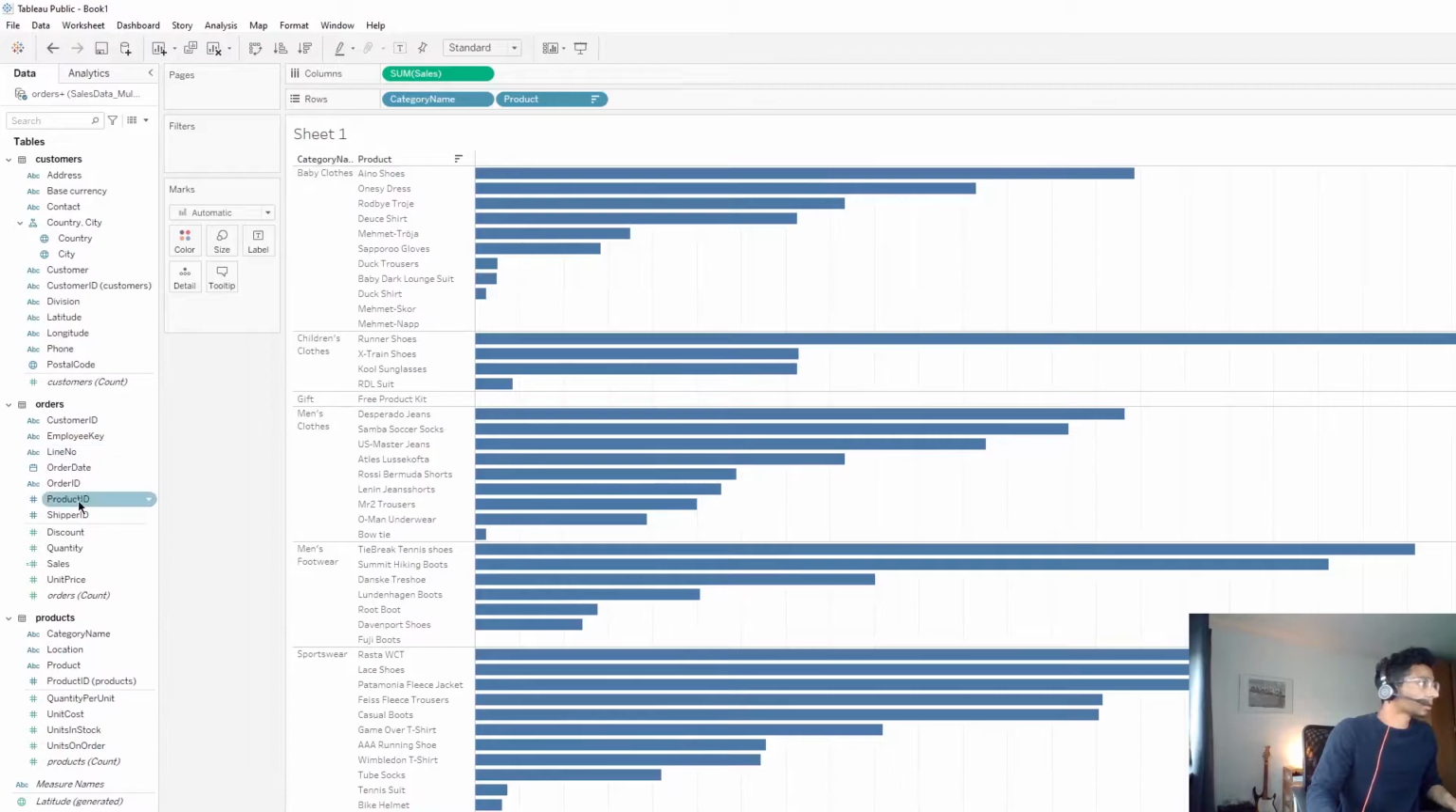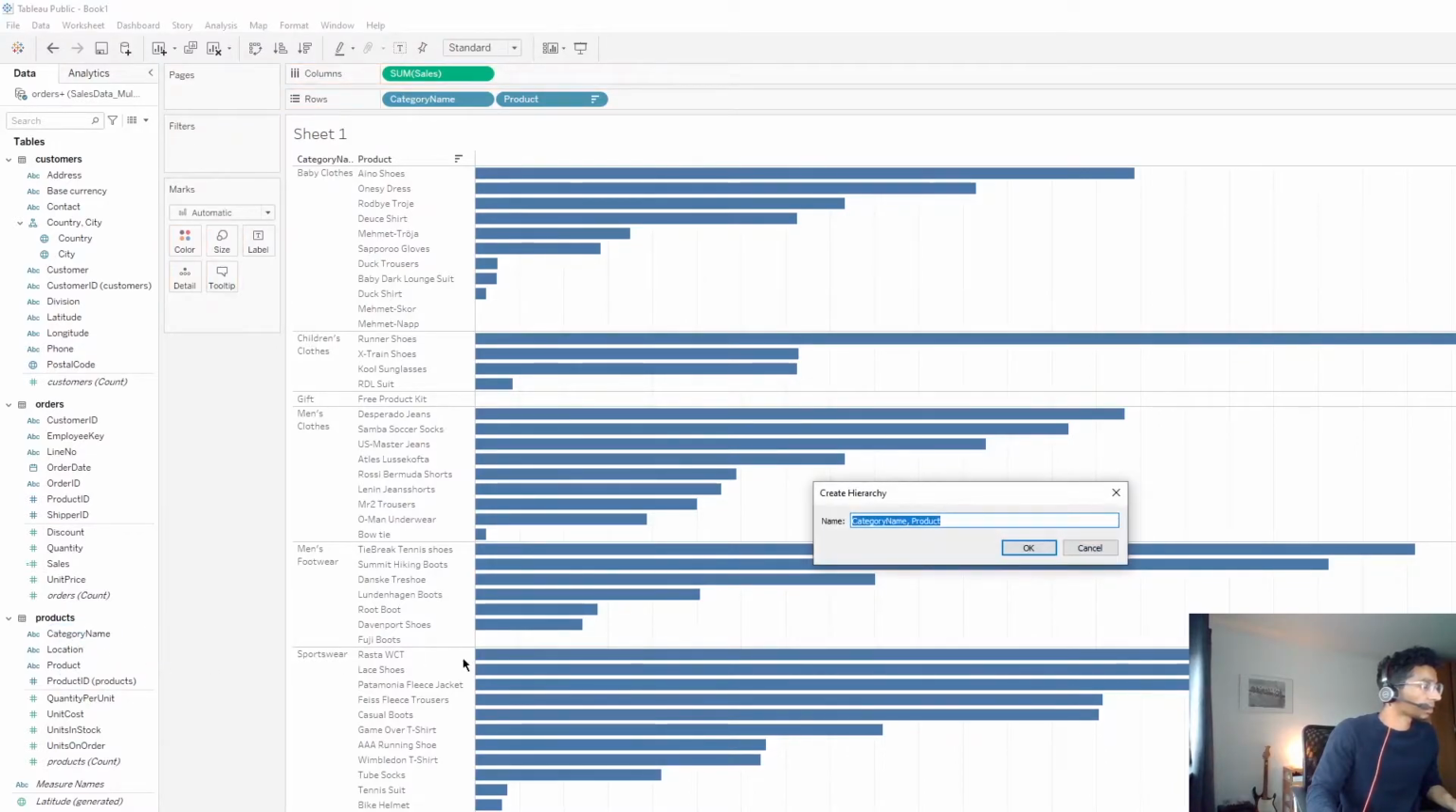But if you have other dimensions that you want to be a hierarchy and they're not, all you could do is, so I want product to be under category name. So I just click on product, drag it, and you see a plus sign there. So just drop it under category, and it asks you to create a hierarchy, and I'm just gonna give it a name. Let's say product drill down,